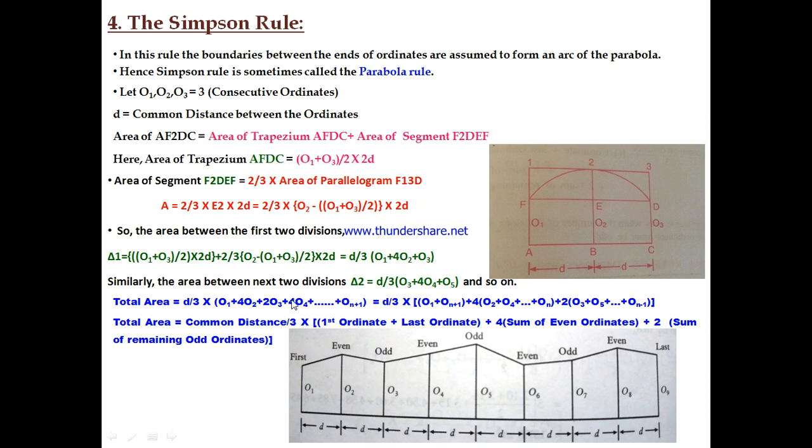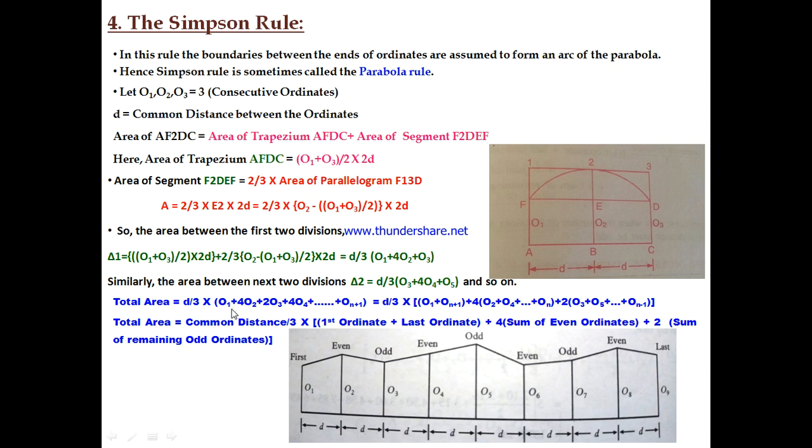If you try to expand this formula further for the ordinates O4, O5, O6, O7, then what you need to do? You need to determine the area in a similar fashion. At the last, after calculating the area of all the strips of ordinates, you will get a final area: total area will be equal to D by 3, since here 2 is cancelled from this 2. So we are only left with D by 3 into